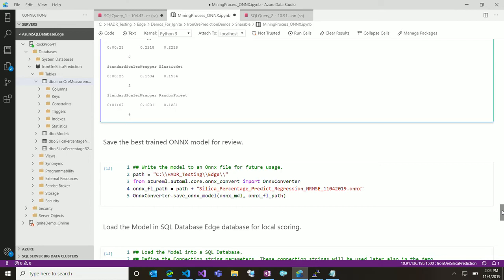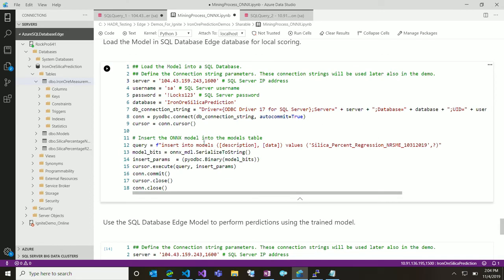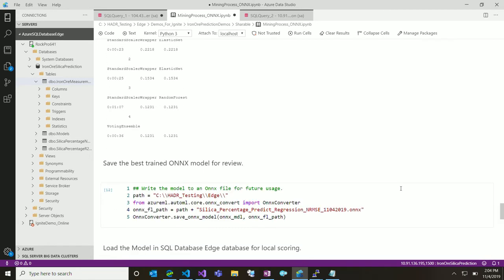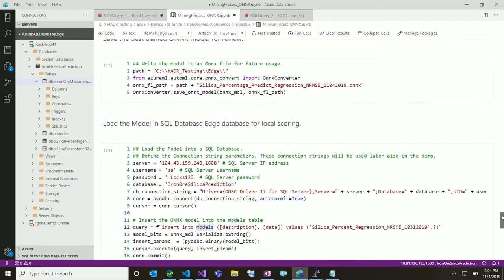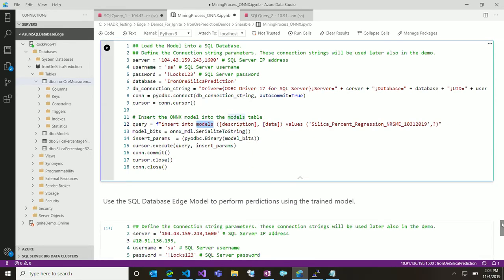Now, once that completes, what I'll do is write this model to a SQL table on my edge device. And I'm using the models table to do that. OK, so the best it has found is 0.1231. Let me go ahead and insert this model into my database. Right, OK, done. So my model was trained in Azure and is now sitting in my SQL DB Edge database